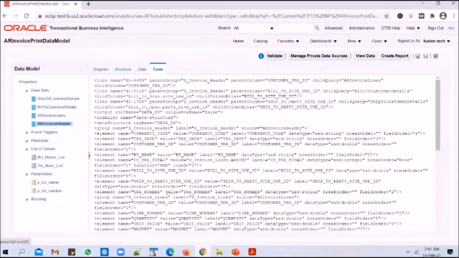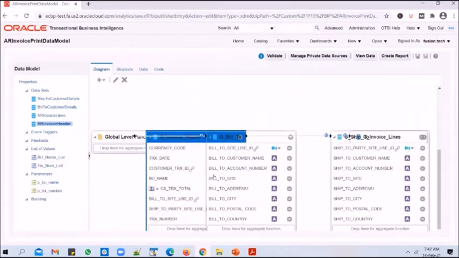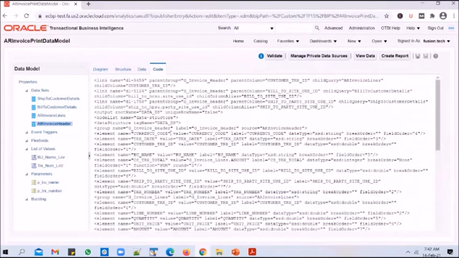And if you go to code, what the data model or what BA server will do is, for all the actions that you perform in this particular screen in the diagram, it will generate a code. It will generate the code that it will execute in the backend. You cannot edit this. You cannot directly make changes in here. You will create your report by going into diagram, adding the data sets, data links, etc. But all the action that you perform in the diagram will be converted into an XML code, and this will be executed in the background.